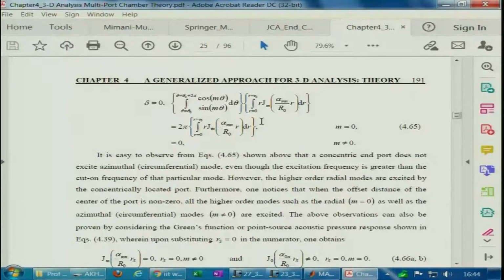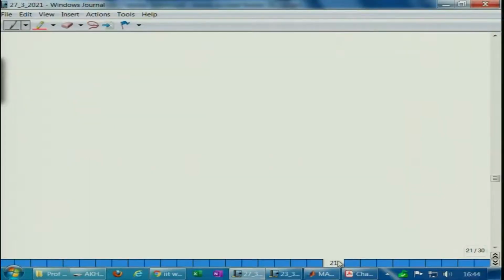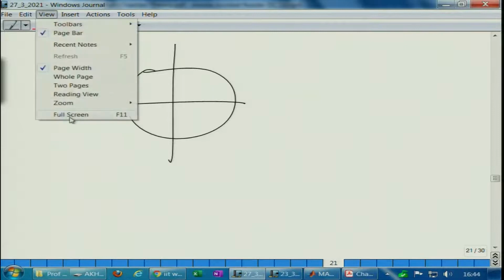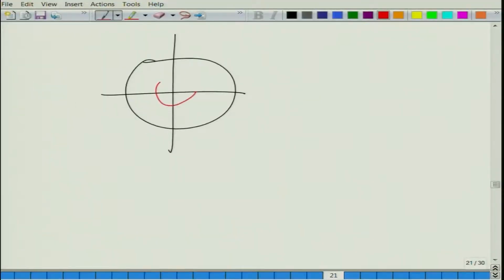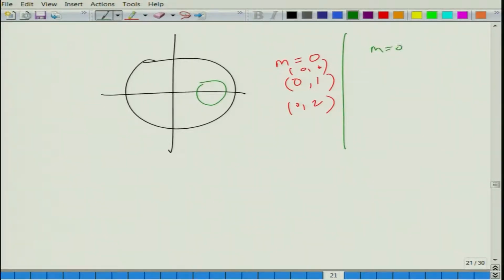So, let us get back to the presentation. If you have a circular chamber and you center your port somewhere here, only m equal to 0, the radial modes, will propagate: 0 0, 0 1, 0 2 and so on. If the port is offset at a certain distance here, then of course all the other modes, like m equal to 0, 1, 2, 3, 4, all will propagate,